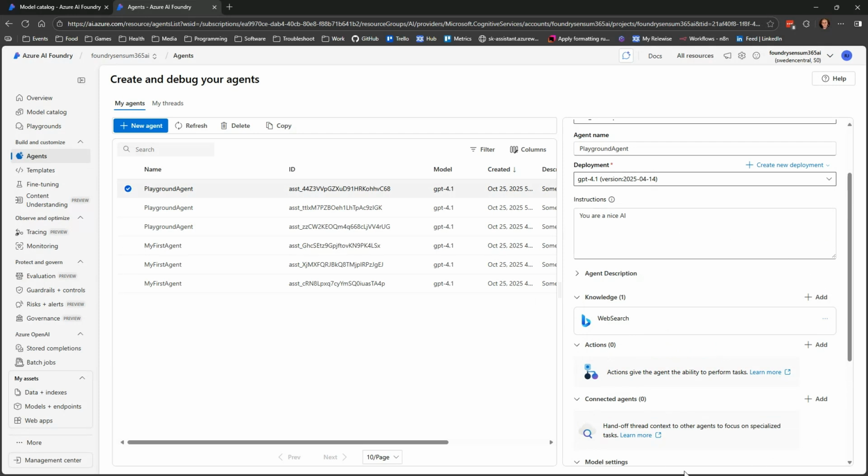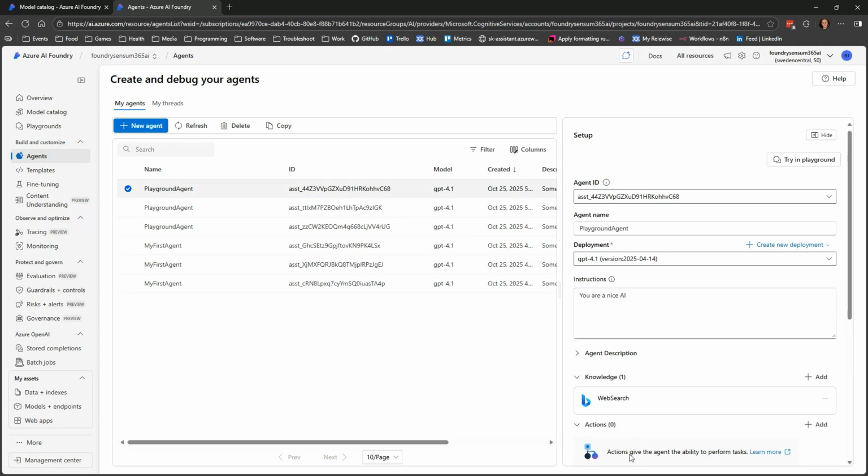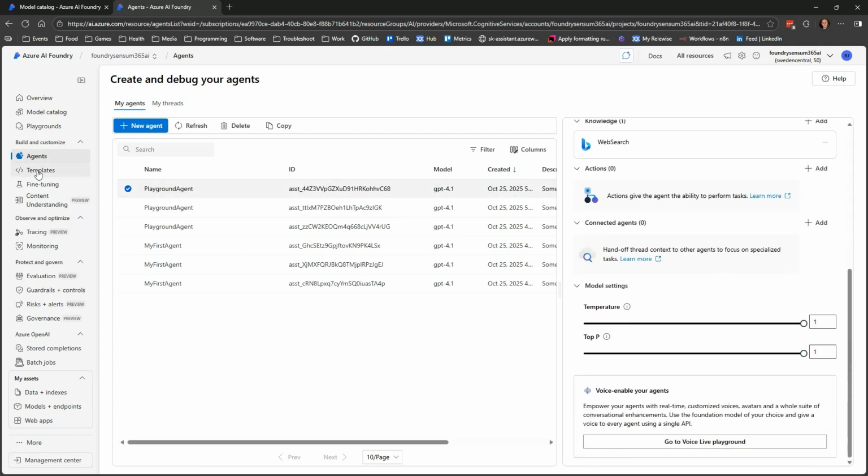So these are essentially just tools for your system, and some of them are fairly hard to do in a generic client, like web searches and code interpreters, because a code interpreter needs some kind of sandboxed container, and these tools provide that in a nice manner. But we will definitely go more into agents and set these up in separate videos.